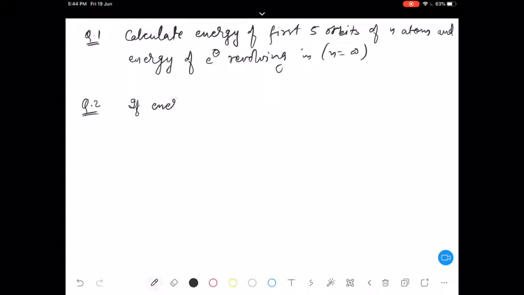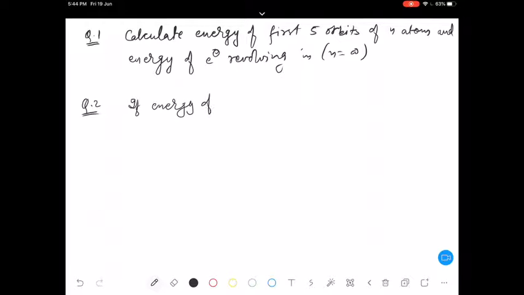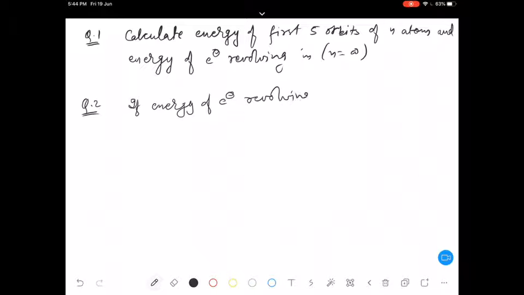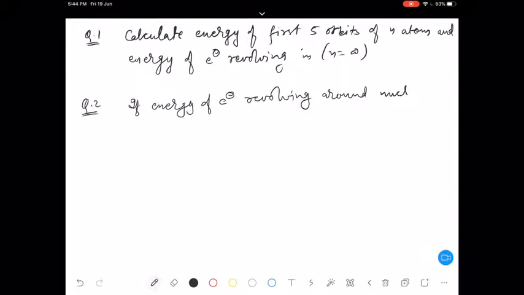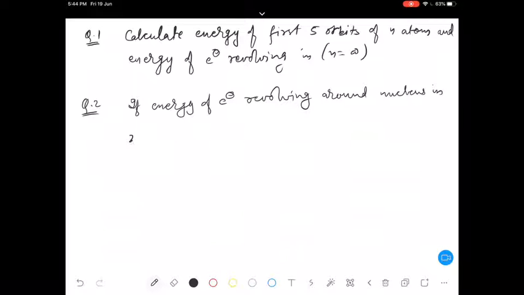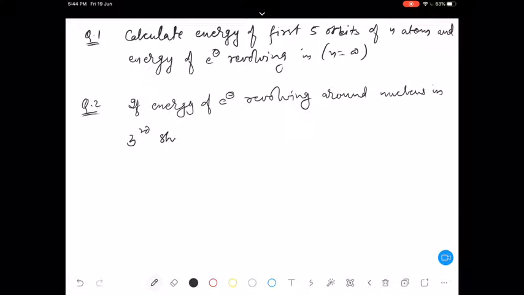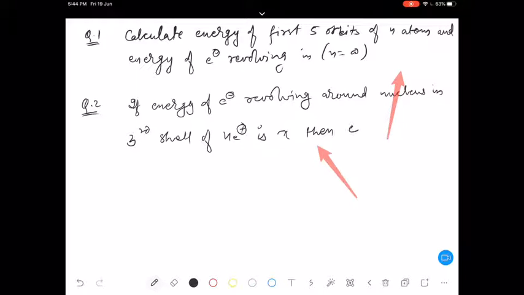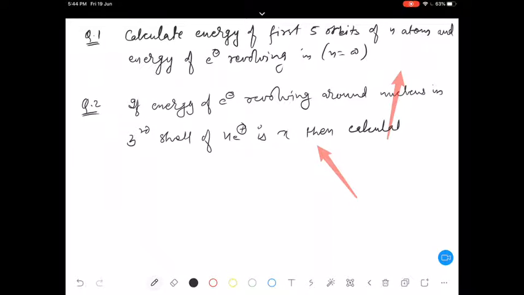Question number 2. If the energy of an electron revolving around the nucleus in the third shell of He positive is x, then calculate